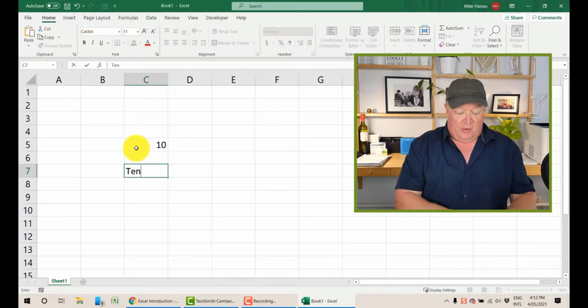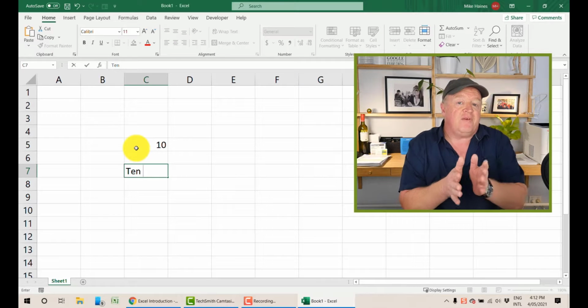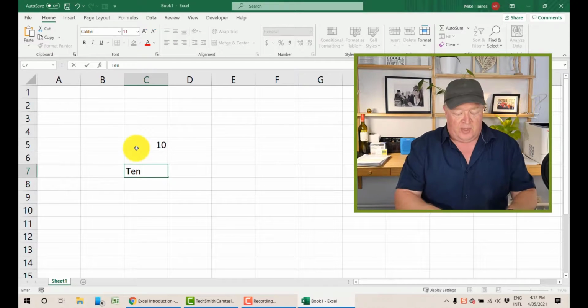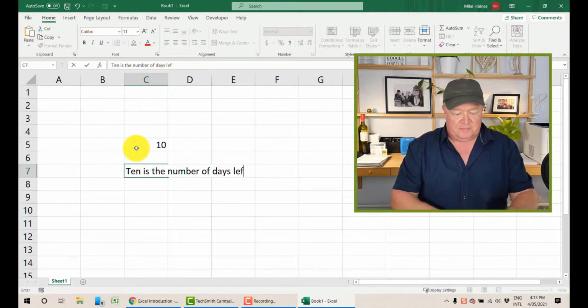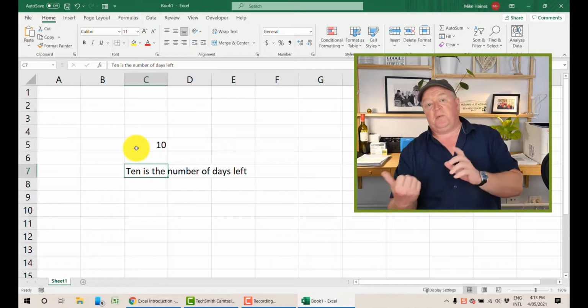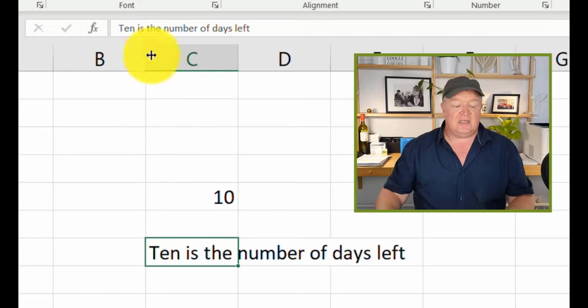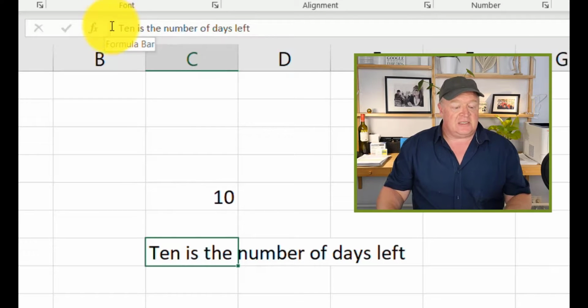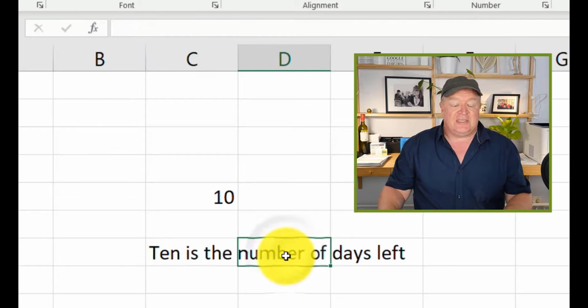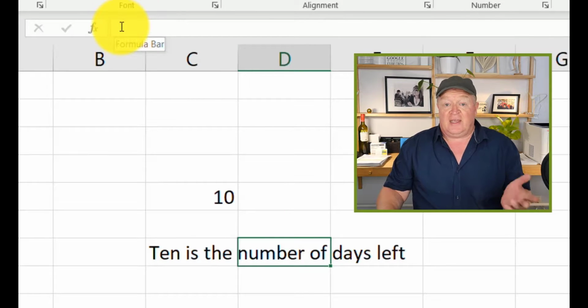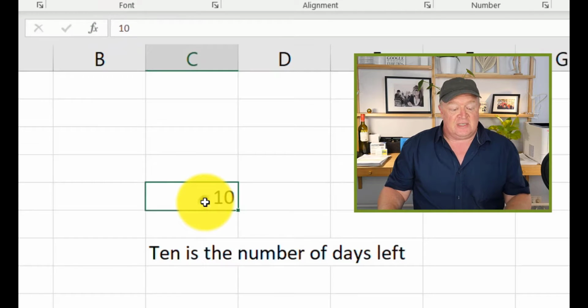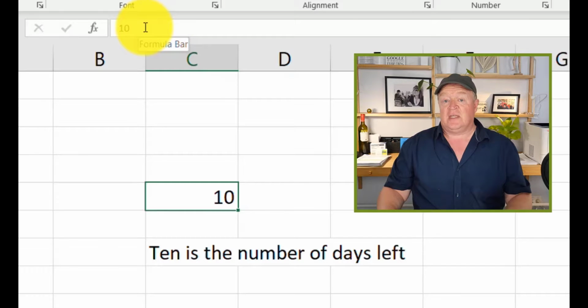And with text, if there's too much text to fill the existing column width, you can see that what happens is it just seems to spill over into the cell next door, but actually it doesn't. And you can tell that by looking at this thing up here called the formula bar. The formula bar tells you exactly what's in that cell. So if I then click on cell D7 and look at the formula bar, guess what? There's nothing in there. If I click on C5,